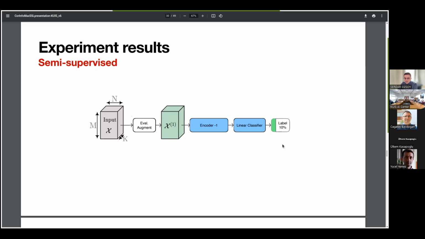In this case, we only use 10% of the labels or even 1% of the labels. And basically, this will tell us whether our representations are easily adaptable to new tasks or not, which is useful for many scenarios where you don't have a lot of labeled data for a given task.